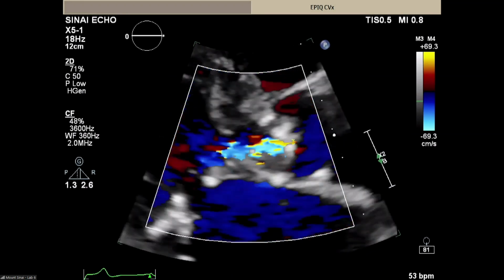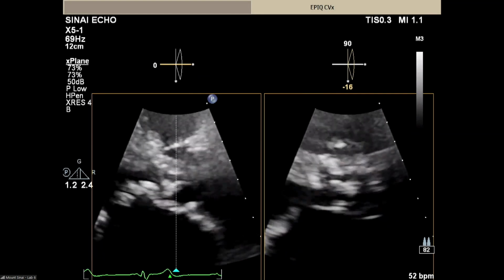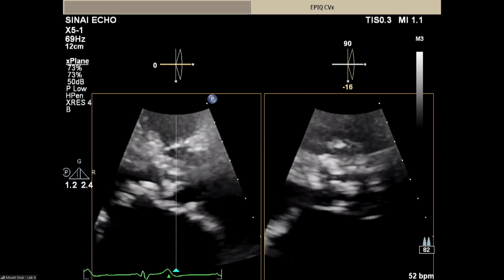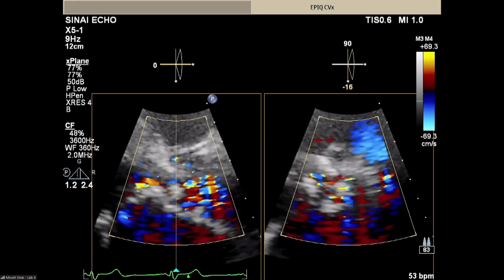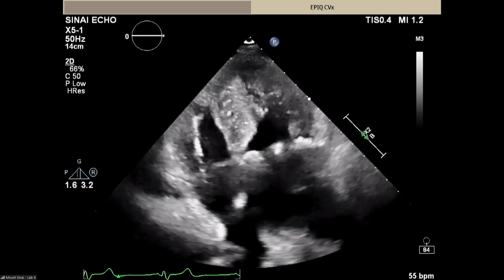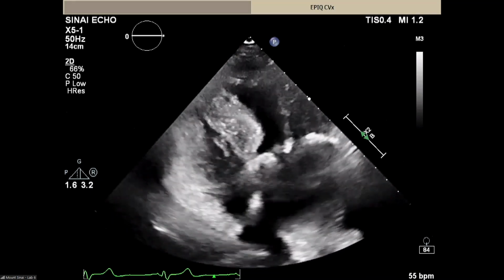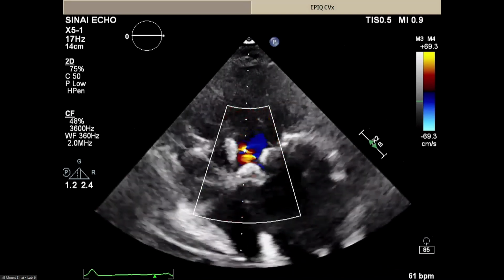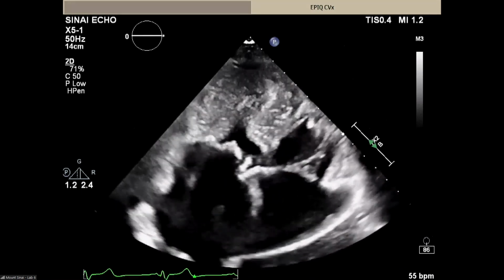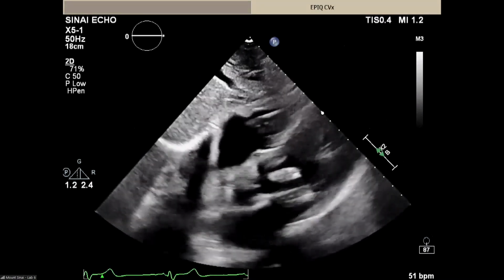The patient also has about moderate aortic regurgitation. This is the X-plane of the long axis view. As you can see, significantly decreased mobility of the leaflets with severe calcification. And again, most likely moderate aortic regurgitation. This is the four-chamber view, again normal LV, normal RV function. And you can appreciate the calcium, again, in the aortomitral curtain. And this is a better view for that, again, about moderate AI. And you can see here the subvalvular LVOT, very calcified, important for this case. No pericardial effusion, again important to know.